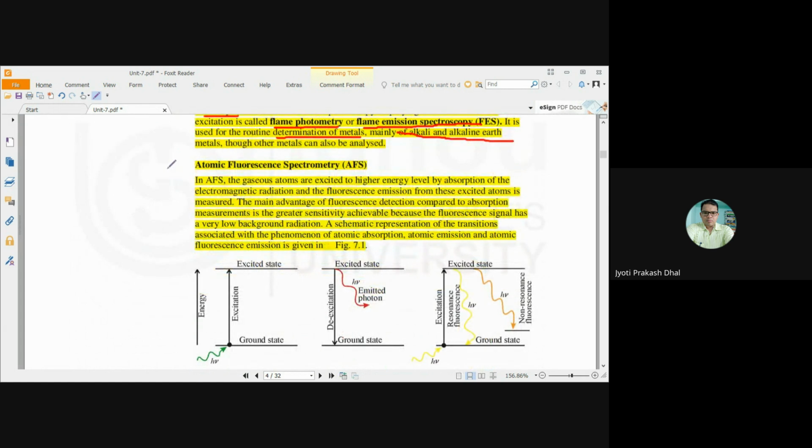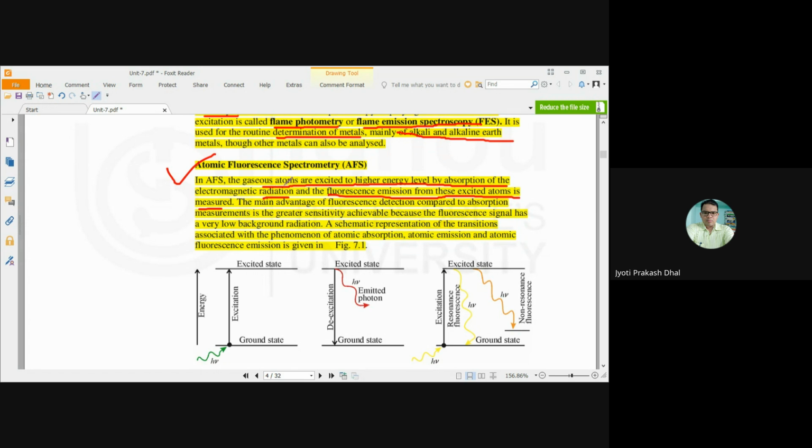Now coming to atomic fluorescence spectroscopy, AFS. In AFS, the gaseous atoms are excited to a higher energy level by absorption of electromagnetic radiation, and the fluorescence emission from these excited atoms is measured. In the previous class, we discussed how the molecules present in the sample will first be excited by absorbing electromagnetic radiation, and after that they may undergo fluorescence, phosphorescence, etc. by different processes. That we have discussed. But in today's class,